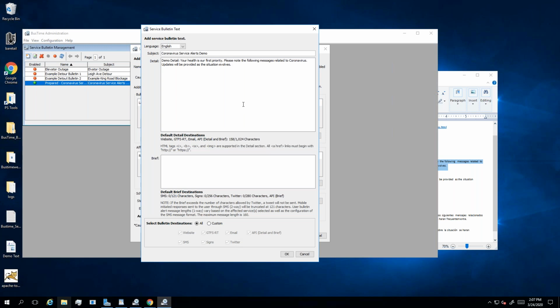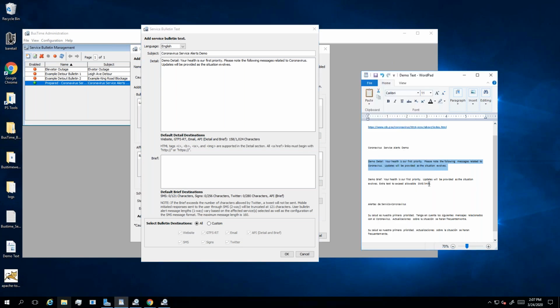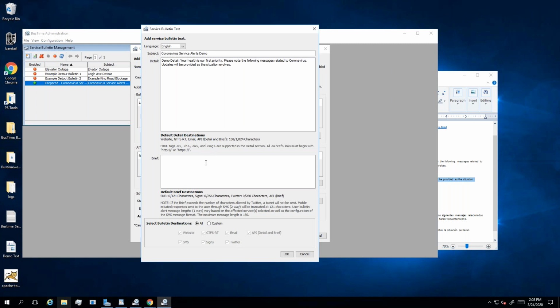Where space is more scarce, such as in SMS alerts, signs, or Twitter, fewer characters are allowed, and those unique limits are calculated as well. So in the brief box, you'll see that the SMS character length has been exceeded, turns red to let you know that. So I'll rescind some of this text, and we're within the allowable limits.